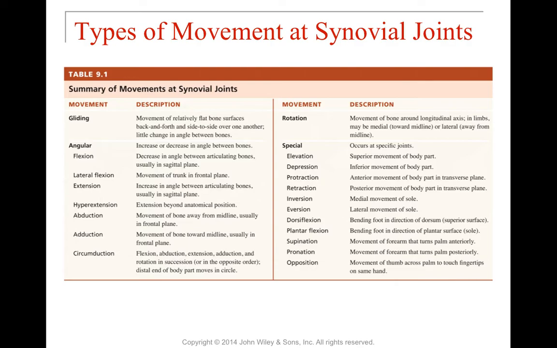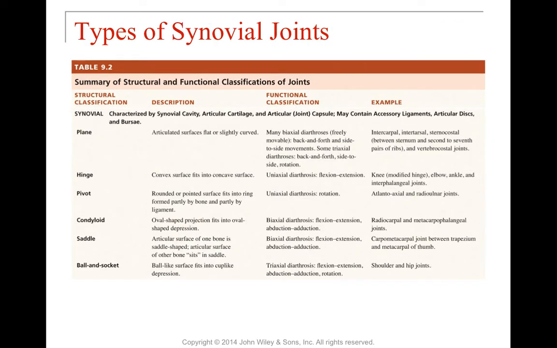Inversion and eversion, we talked about that with our feet. Dorsiflexion and plantar flexion, supination and pronation, and opposition. All of those have to do with your feet and your forearms and your hands. All right, so there are multiple different types of joints if you classify them in a structural or in a